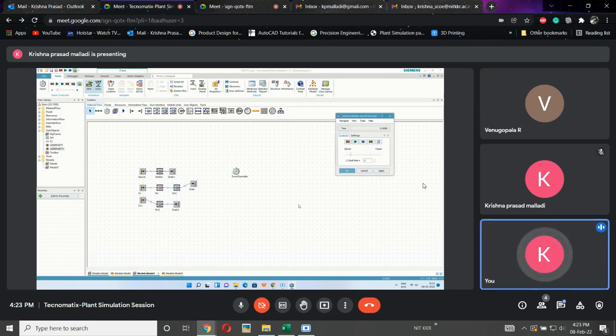For today's session, I have explained all the things, like how to run the simulation. What are the different ways of running a simulation? First is with respect to time, second is with respect to quantity. And what is the use of the class library as well as the toolbar, and what is the necessity of the frame? How to save a program, how to close a program, how to save and close a layout, and what is the necessity of all these toolboxes. I have covered all those things in today's session.